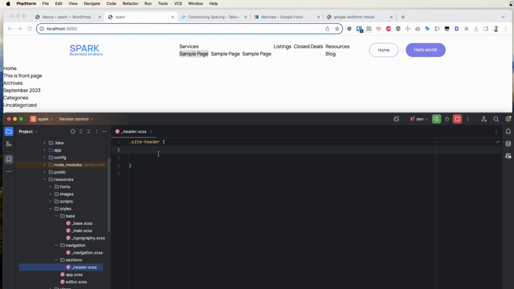But why do we need to do this? Why can we not use just Tailwind style? Because the WordPress menu is outputted directly from the WordPress code base, so we don't have an influence. I mean, we could use some filters and everything to have Tailwind classes outputted there, but I think it's easier to just style the navigation